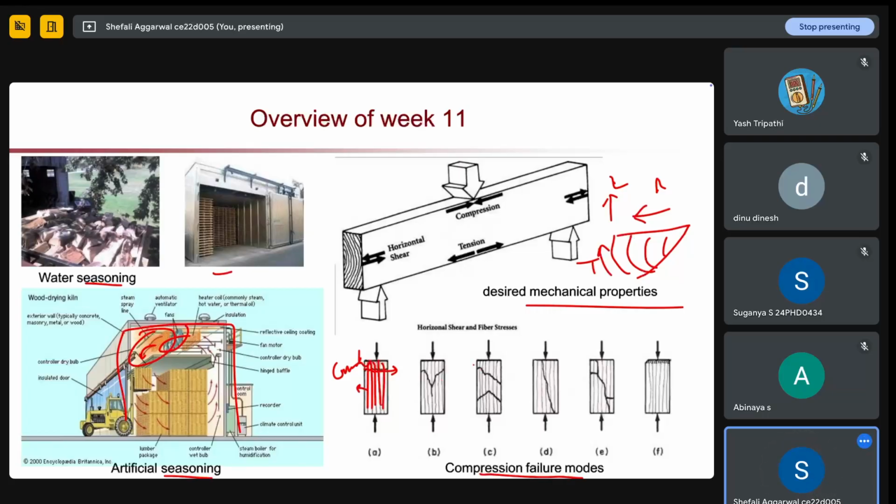Next is shearing. In this case, when your failure is along any angle, mostly 45 degrees, it is called shear failure. And then if your crack is along the ring, mostly longitudinal, then it is called splitting. Your wood is splitting into two parts, and this is a type of crushing plus splitting. And lastly, there is brooming or end rolling. When you are applying compressive load, nothing is happening to the wood, but only the area where load is applied gets crushed. That is called brooming or end rolling. So those are the different types of